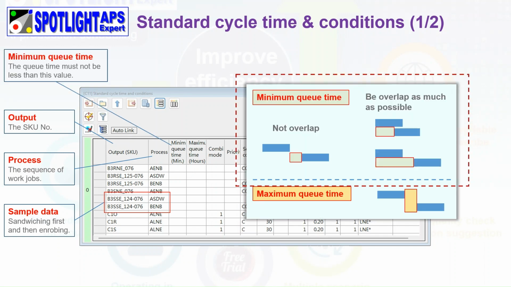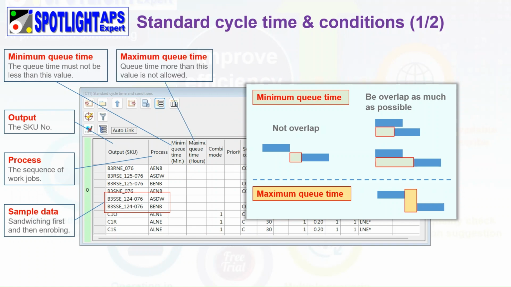Field, minimum queue time, the period from the previous process to this process starter must not be less than this value. For example, a minimum of 15 minutes of cooling is required before starting this process. Field, maximum queue time, the period from the previous process to this process starter must not be more than this value. For example, after the dough is mixed in the previous process, it must start this process to bake within 3